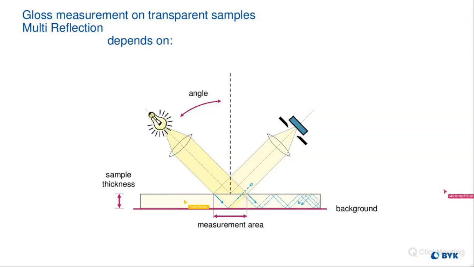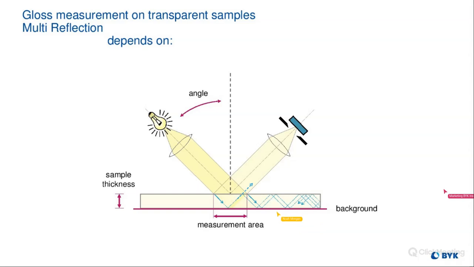And so what that means is you compare samples that have the same thicknesses. So you don't want to measure a sample that, say, has a thickness of 1 inch versus a sample that has a thickness of a 1/2 inch, because you're going to get different results, even if it has the same visual gloss appearance. And then with the background, you want to make sure you have the same background, because your